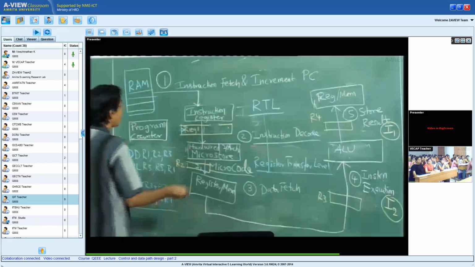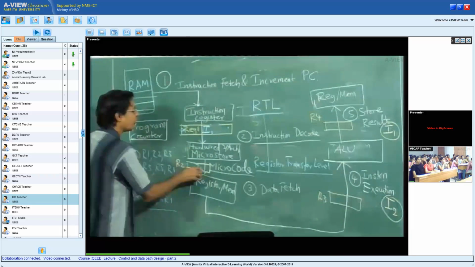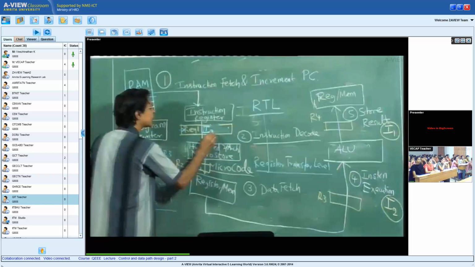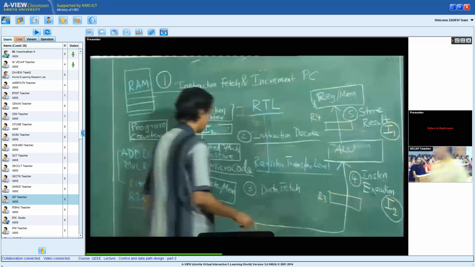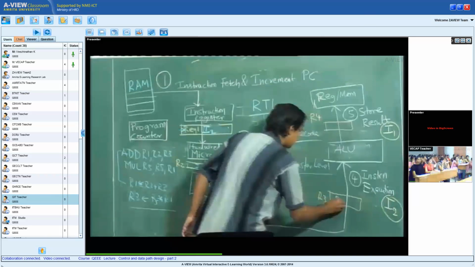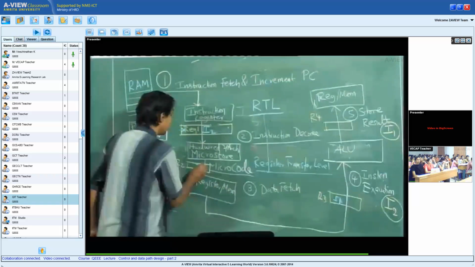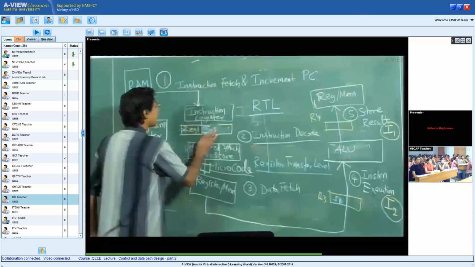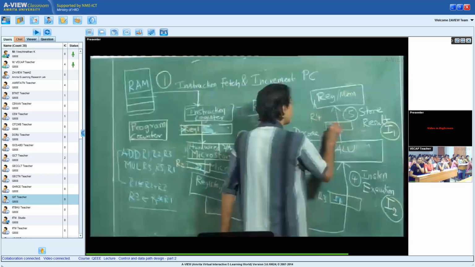So, I1 is fetched, then when I1 is getting decoded, I2 is fetched. When I1's data is being fetched, I2 is getting decoded. When I1 is executing,